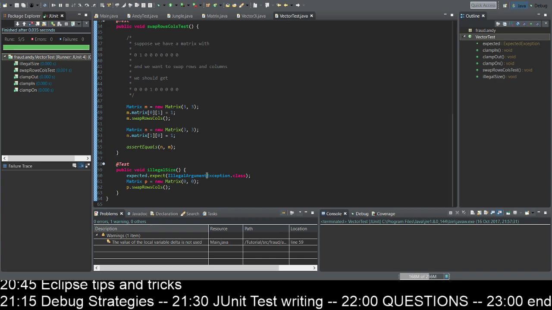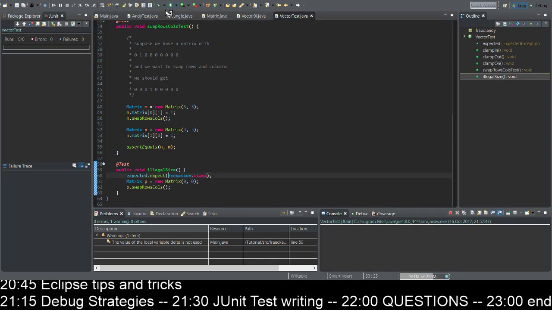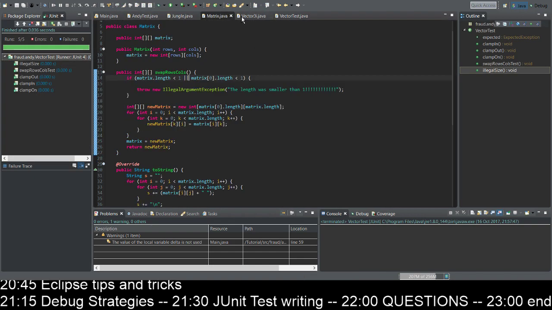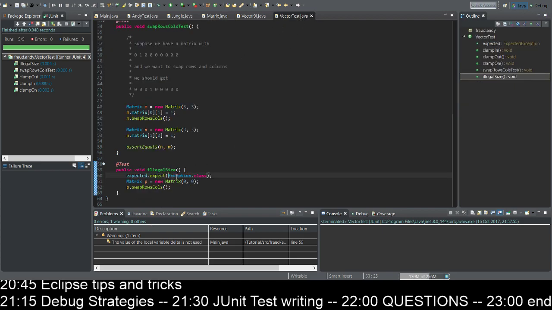You have to take it as specific as you can. You can also just use the Exception class. I mean, it works perfectly fine. But if we were to go over here and we were to change this back, it will just work fine. Except our code doesn't work fine because we expect only an illegal argument exception. And if we were to specify the illegal argument exception as broad as we can,